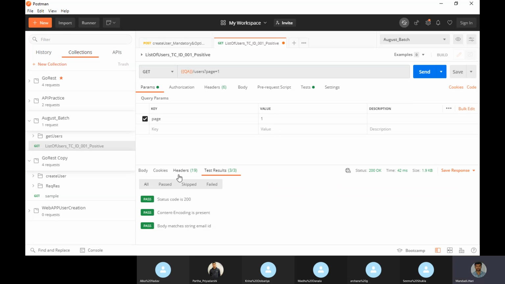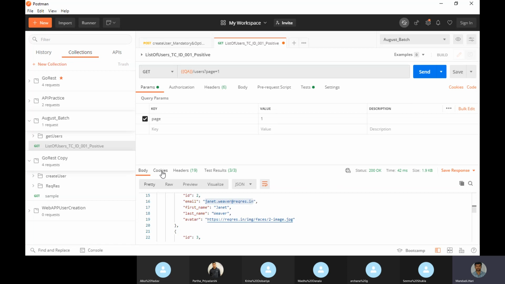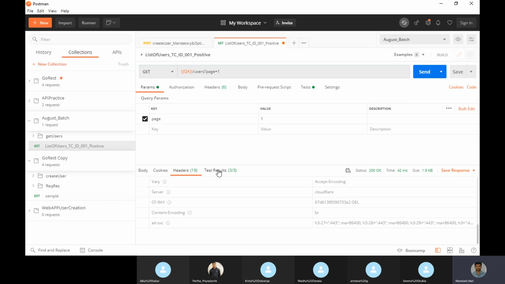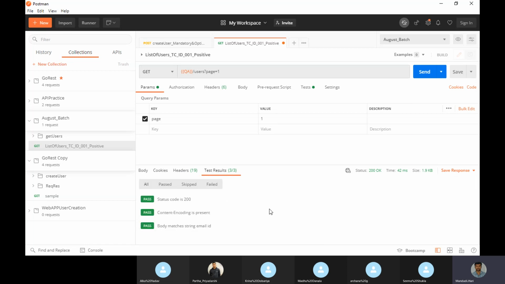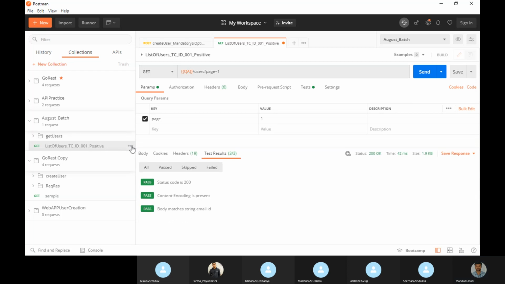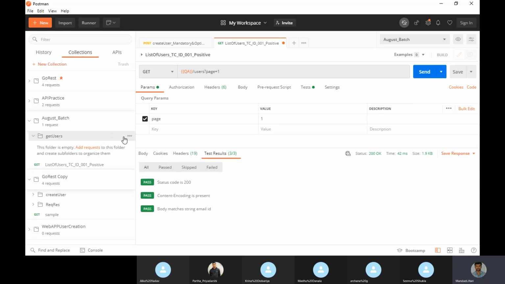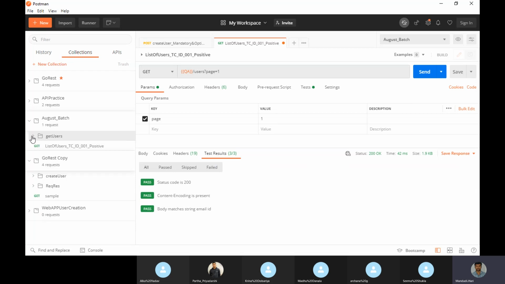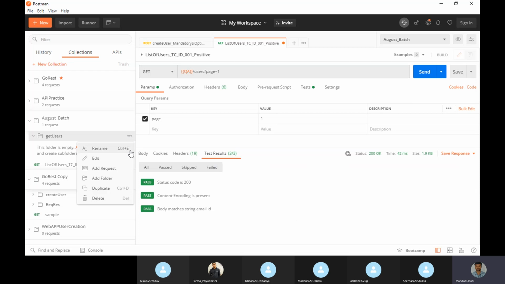Any questions till now? For one API we have seen multiple validations. Now suppose I have one more request under get users. Let's write one more negative one, add request.